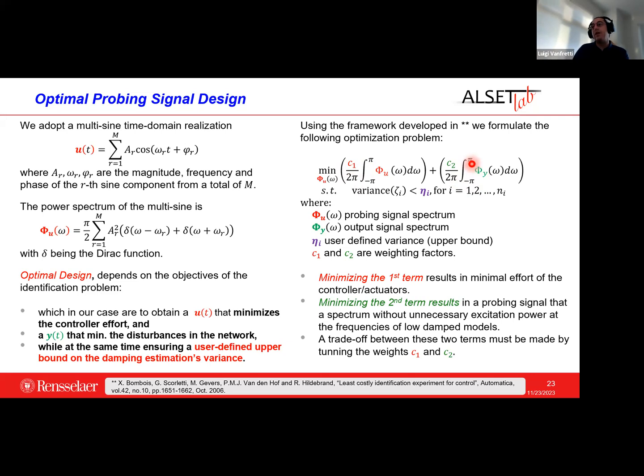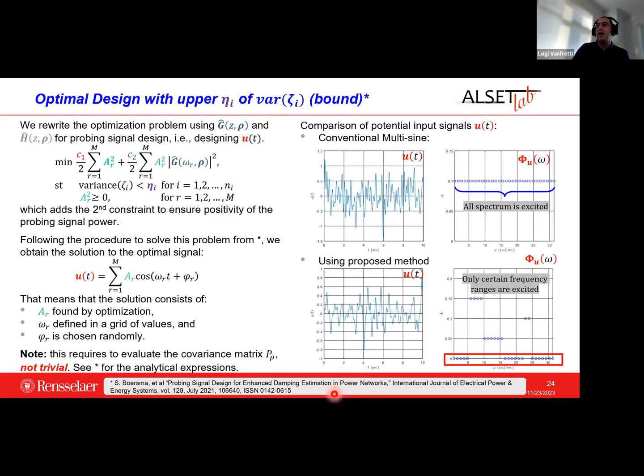So that is the trade-off that we have to study, and this basically is the methodology developed by Xavier and his gang that we're going to apply. In these two little examples here, we have a conventional multi-sine where you have all the spectrum excited, versus the proposed method that will only excite certain frequencies. Okay, so that gives us some ability to excite the system in a way that